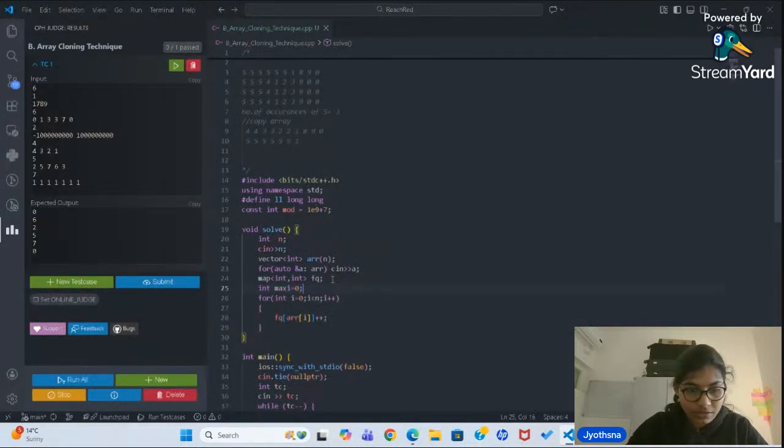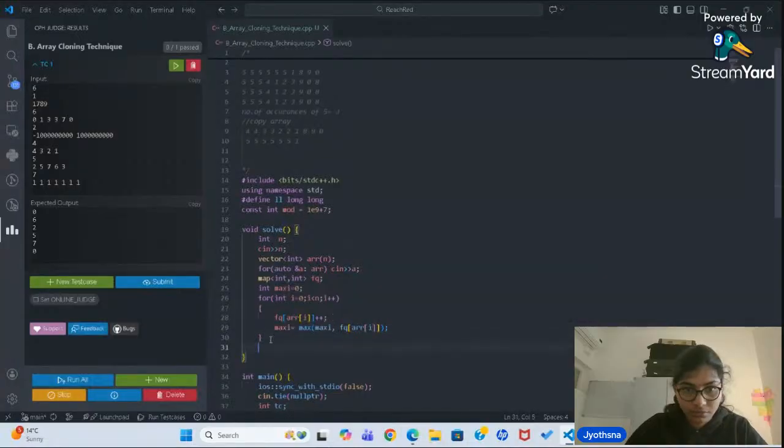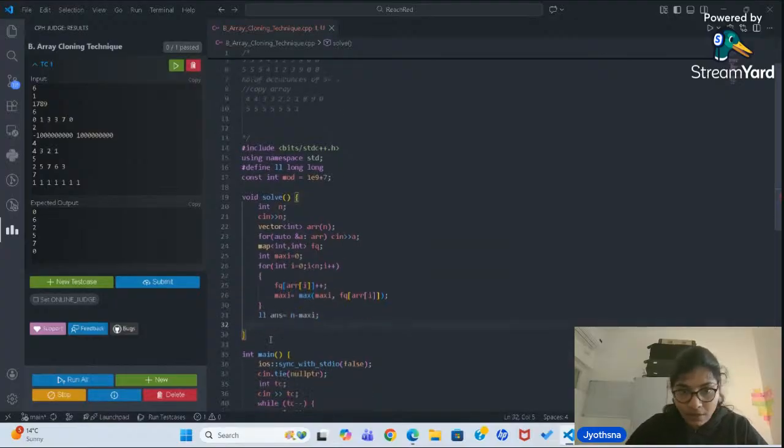Let's just store the maximum value also. Answer equal to n minus maxi. Okay, and the total copy operations needed equal to ceil of log base 2 of